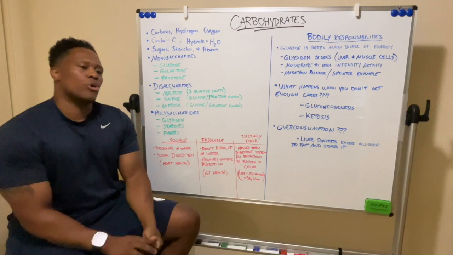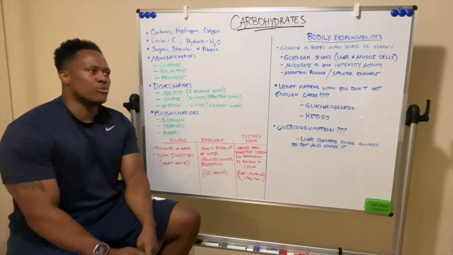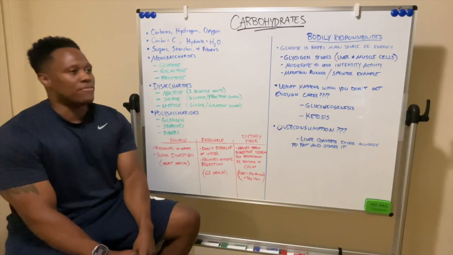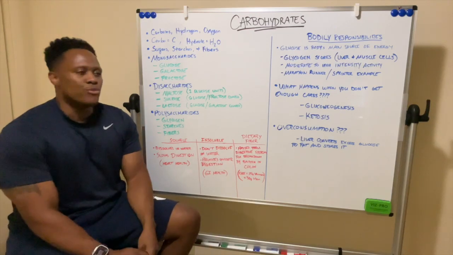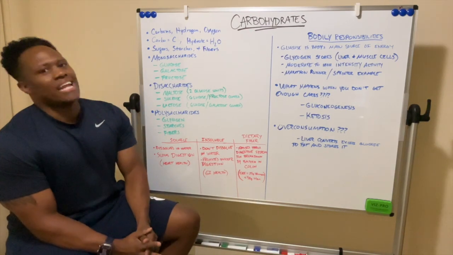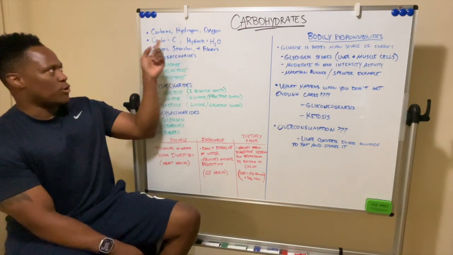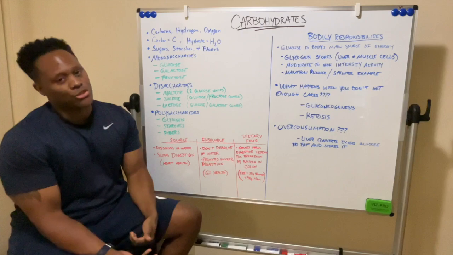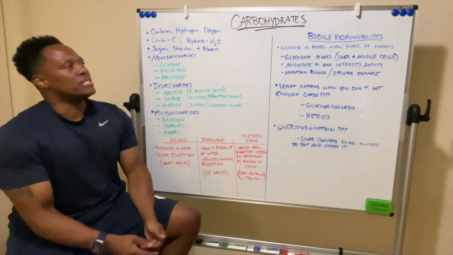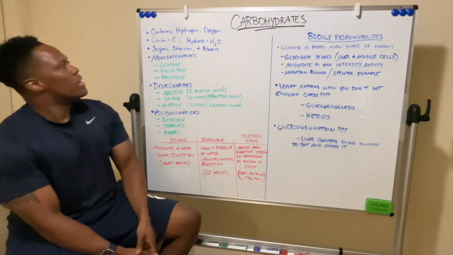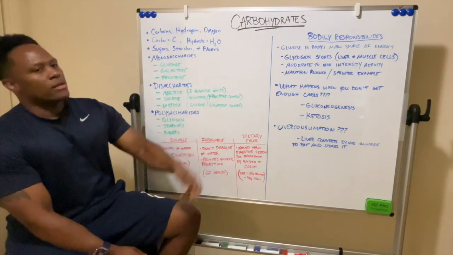And believe it or not, they're also found in the other two, fats and proteins. The difference with protein, and I'll get to that in that video, but just a little preview, is that proteins have the added atom of nitrogen. So it'll be carbons, hydrogen, oxygen, and nitrogen in protein. That's the only difference with protein. But carbs and fats, and proteins too, all have these same three atoms.